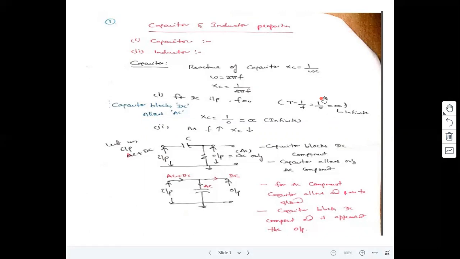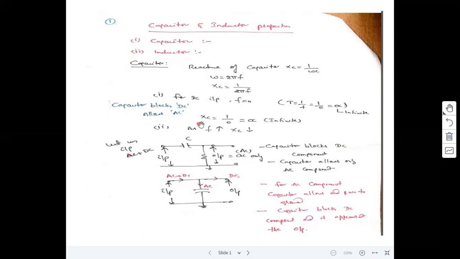Already we know the drawback of the full wave rectifier. Its output consists of not a pure DC. It consists of an AC as well as a DC signal. By using a filter circuit, we can minimize the AC component in the rectified output, and that is given to the regulator circuit. Already we know that filters are mainly passive filters.